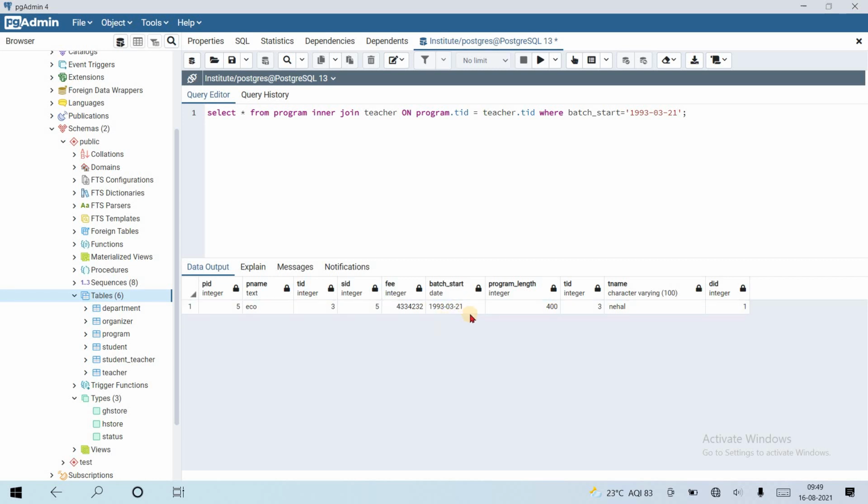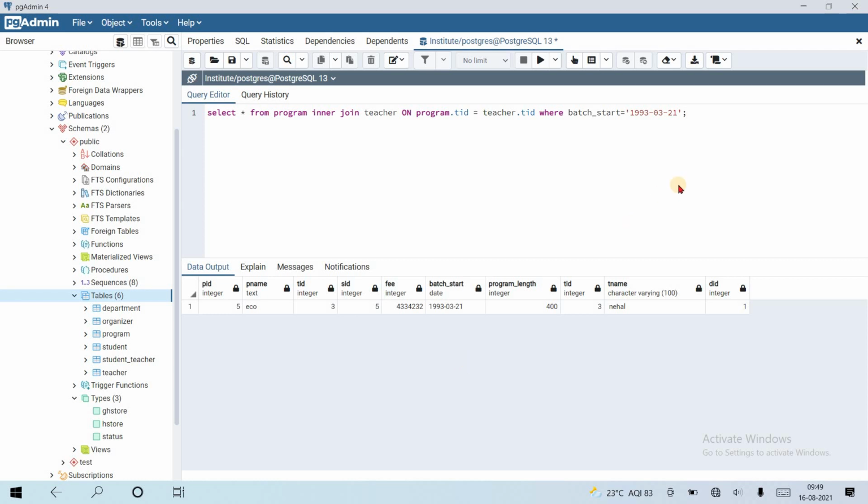Let's see, only this result is fetched. So the where condition is used with batch start.